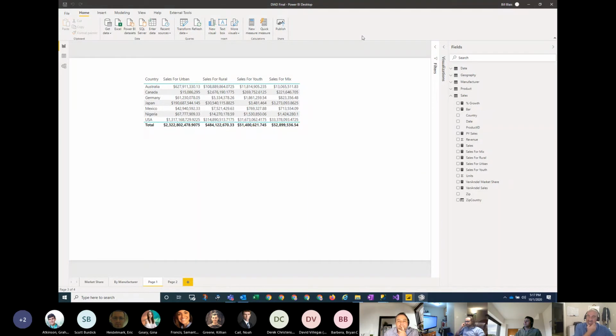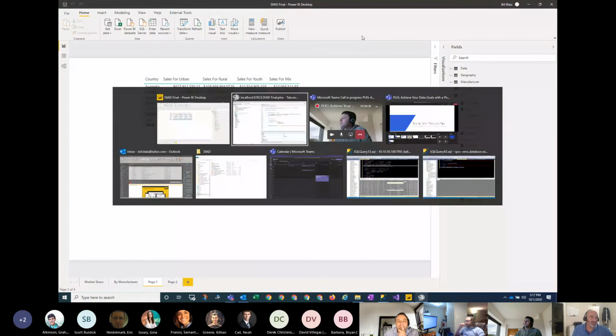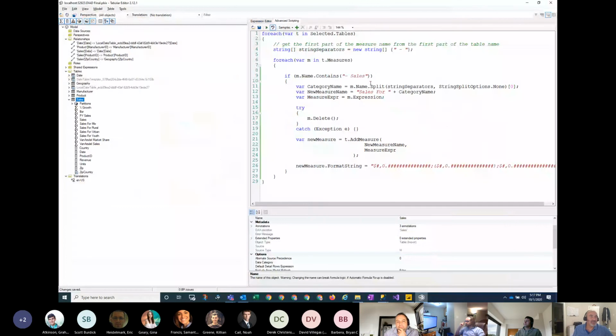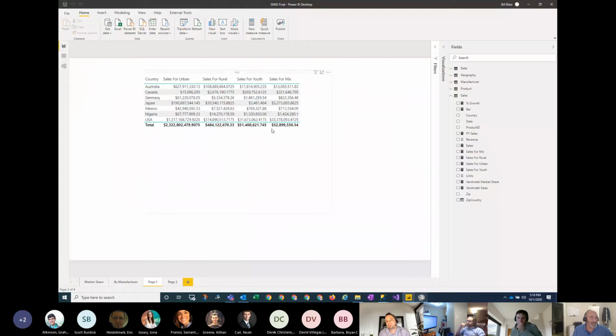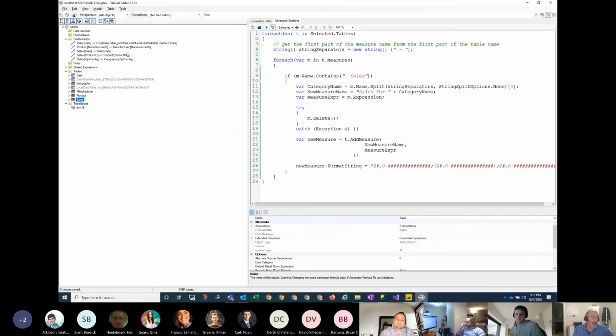All right. And so that's just to give you a couple quick tips and tricks with Tabular Editor. What you're not going to see here is you're not modifying the Power Query, right? You're not modifying the actual queries that make up the original data set. You can only modify the end result: the tables, the columns, the measures, and the relationships. So the part you see here in the desktop, not the part you see when you do Transform Data. That is not part of what the Tabular Editor is used for.